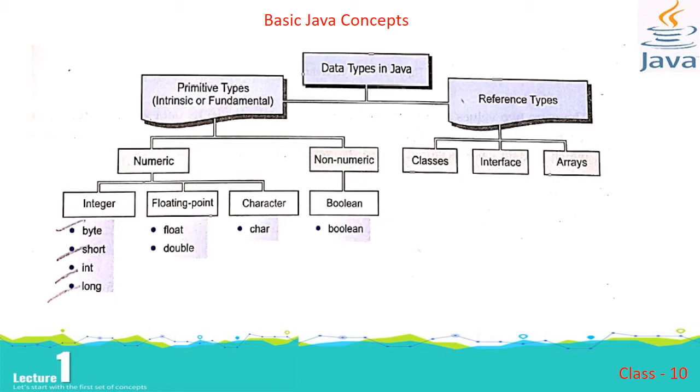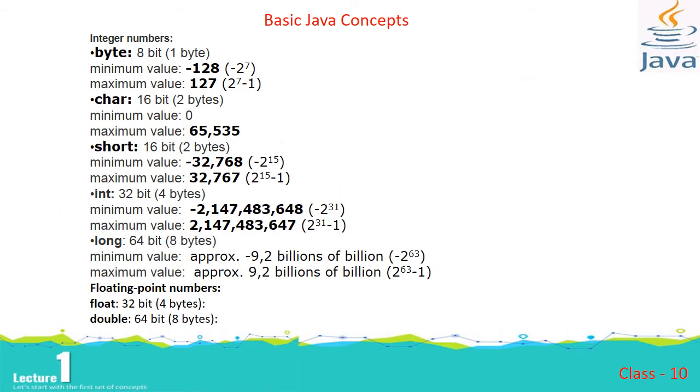Now, if we talk about what these different data types are and how this classification is done, based on the different data types they consume the memory, and this classification is done keeping in mind that as per the requirement the programmer can define or allocate the storage area. That is, the byte, as the name indicates, consumes 1 byte, the short has 2 bytes, and so on. So it has a larger range to store, right? Now we'll discuss the integer data types one by one.